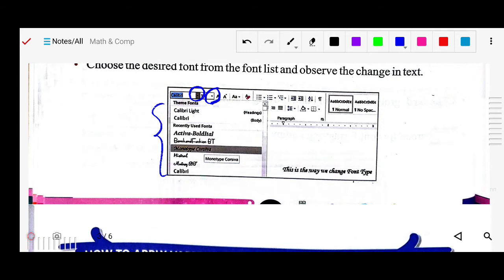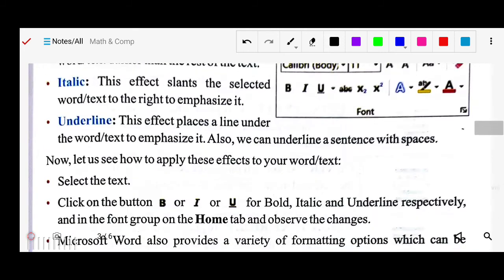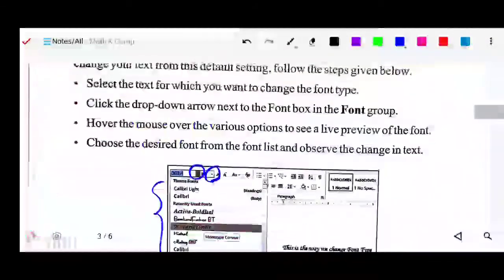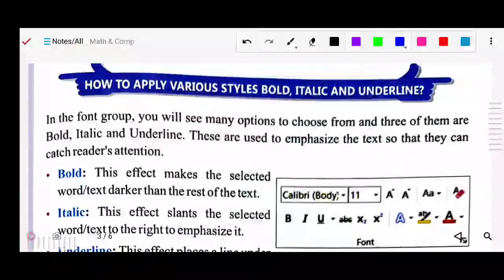Now next we will see how to apply various styles like bold, italic, underline. Before applying these, first of all you have to select the text.